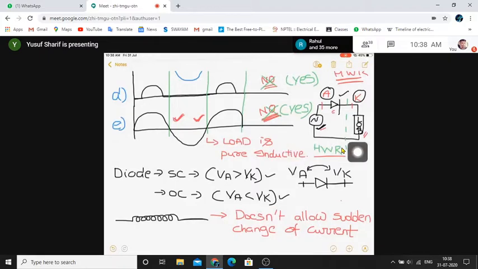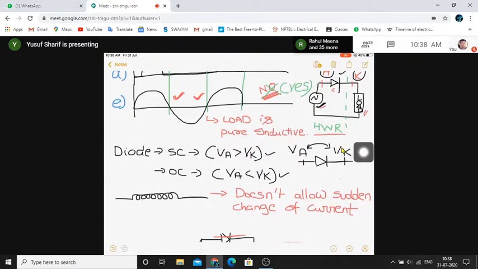And I told you to just try to look for the solution, the explanation. How can you explain this? How can you justify this statement, nothing but how can you justify this waveform? I gave you a hint. What was that hint? The inductor doesn't allow sudden change of current. Apart from that, I gave you one more point that the inductor will be charging in the positive half and the inductor will be discharging in the negative half. Did anyone try? Okay, no problem. If you didn't try, it's okay.